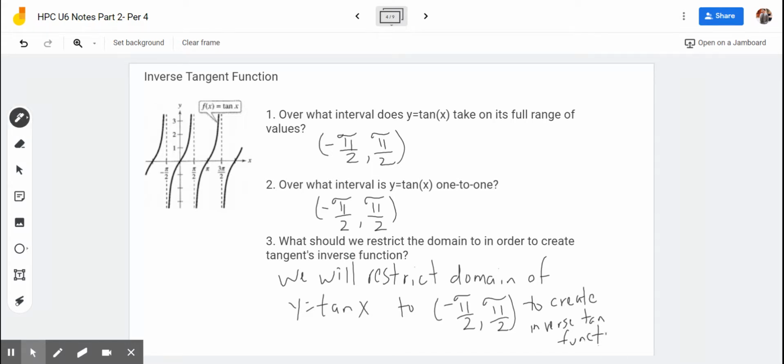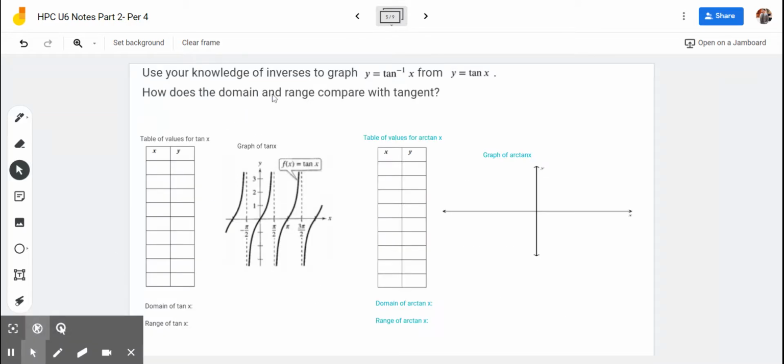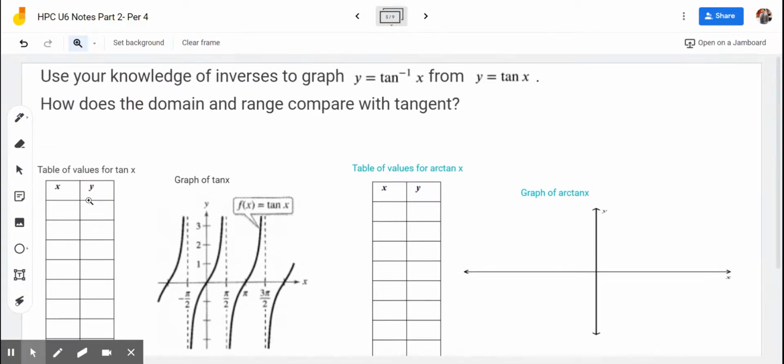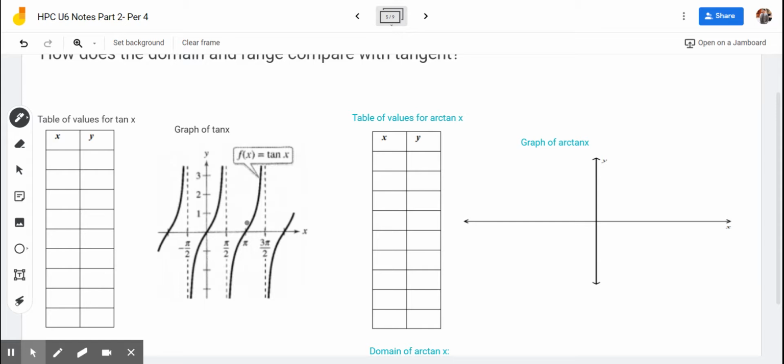So let's see what the inverse tangent function looks like. Using your knowledge of inverses, graph y equals tan inverse from y equals tan of x. We're going to fill in the table of values for tangent from negative pi over 2 to pi over 2. At negative pi over 2, it's going to be undefined, there's a vertical asymptote. And then we'll go from there, negative pi over 3,